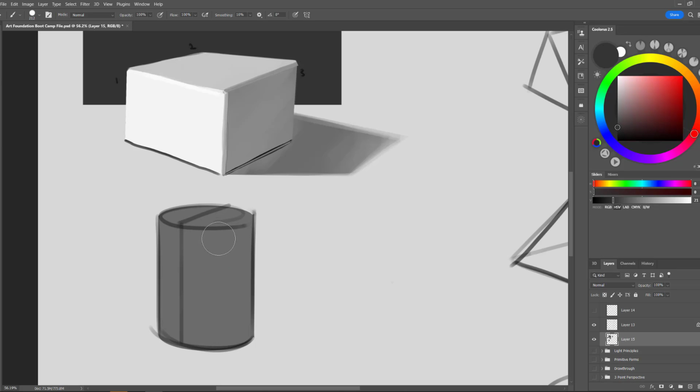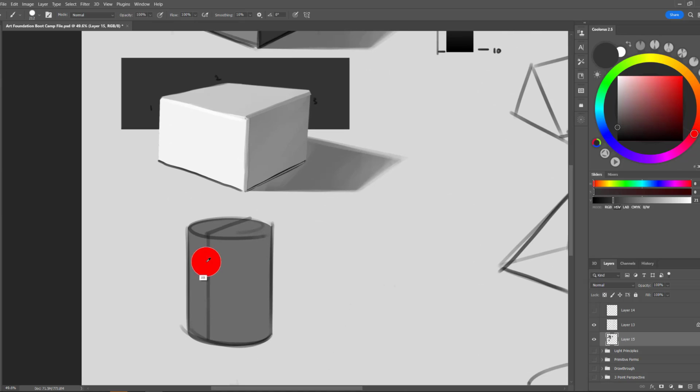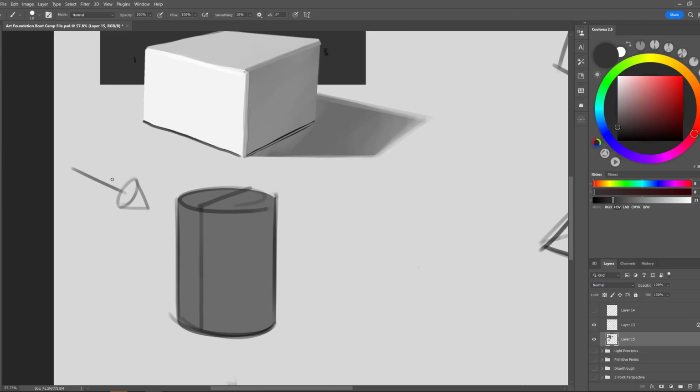And then you're going to get a core shadow. So let's figure out exactly where our light source is. I want it coming down like this. You don't have to have this, but you can. So I'm going to put mine right there. This